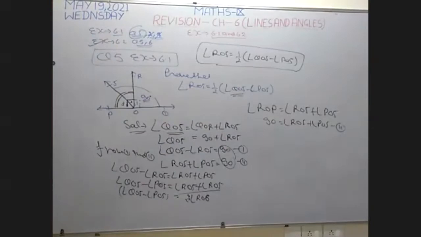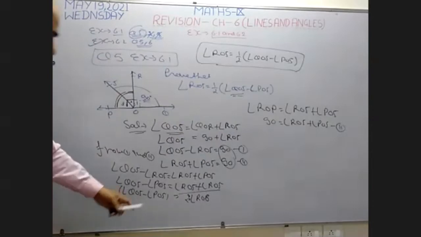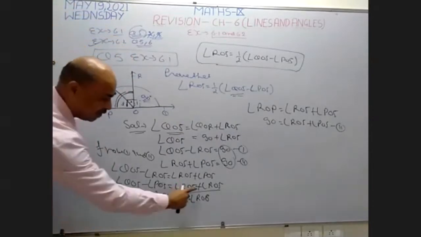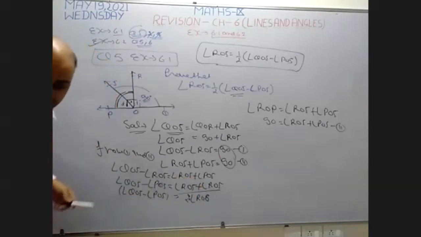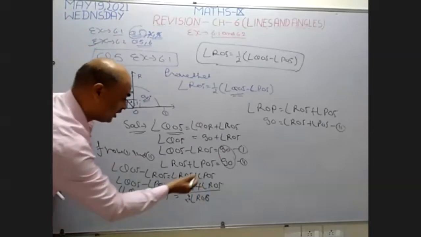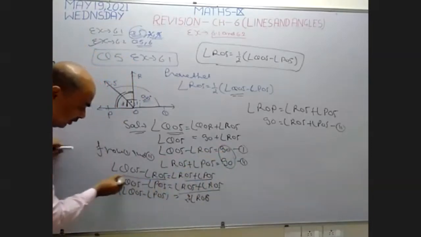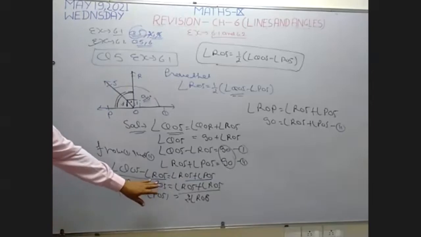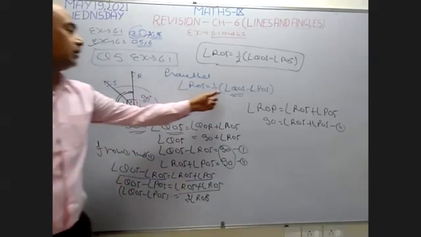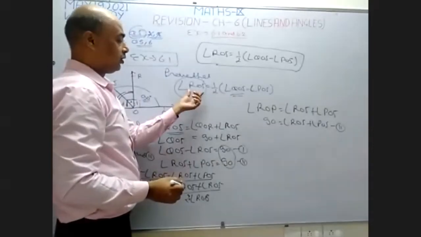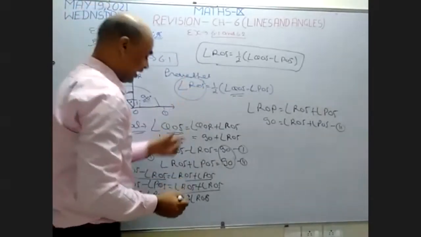Sir, explain the last step. Sukhnur. Okay, beta, I will explain the last step again. See, this is the last step. What I do, I take this ROS separate. I want to make these two angles separate. First, from equations 1 and 2, I make them equal. After that, I take ROS separate, because in my question I have to find ROS. Looking at the question, I make ROS separate.